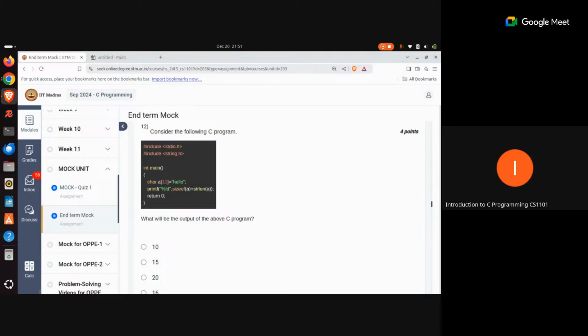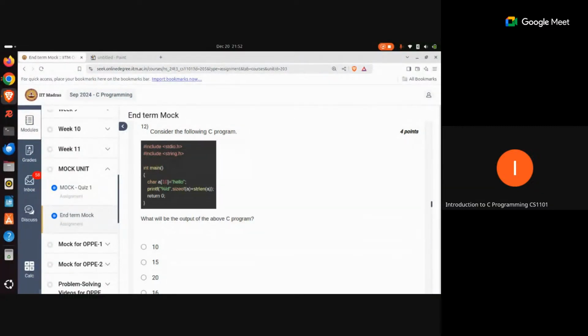Does the strlen function take null character into the count as well? Okay, so the answer is no. It does not take the null character into consideration. So the size that it will tell you about the character array A or string A is going to be 5, because there are only 5 characters present.